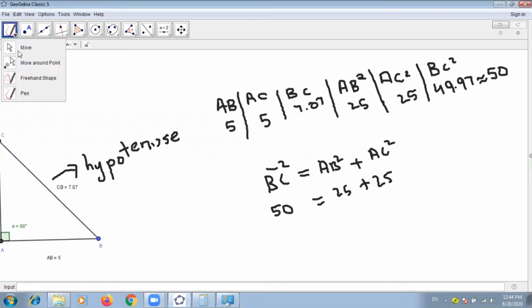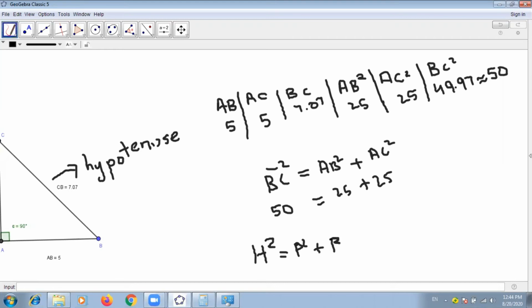We can also say it like this: largest side square, meaning hypotenuse square, equals one of the sides we call perpendicular plus the other, the base. In a higher class, in the next chapter, you will see what perpendicular and base are. But till now you can call any of the sides perpendicular and base. But the largest side, the side opposite 90 degrees, is the hypotenuse. So h square equals perpendicular square plus base square. This is the Pythagoras theorem.